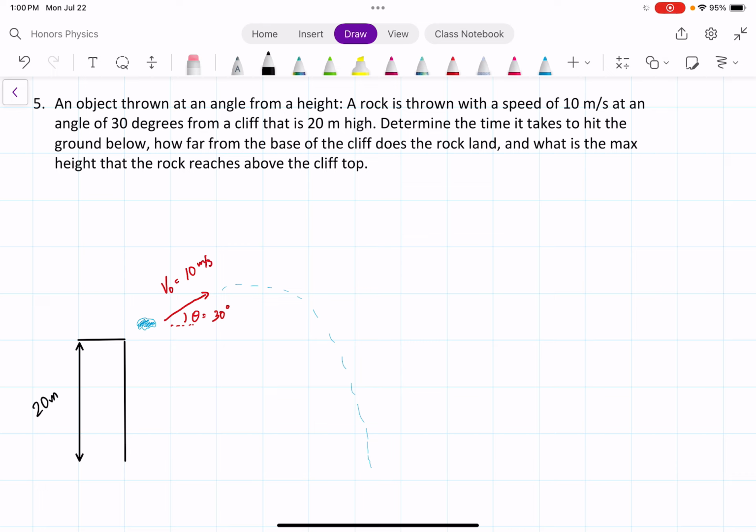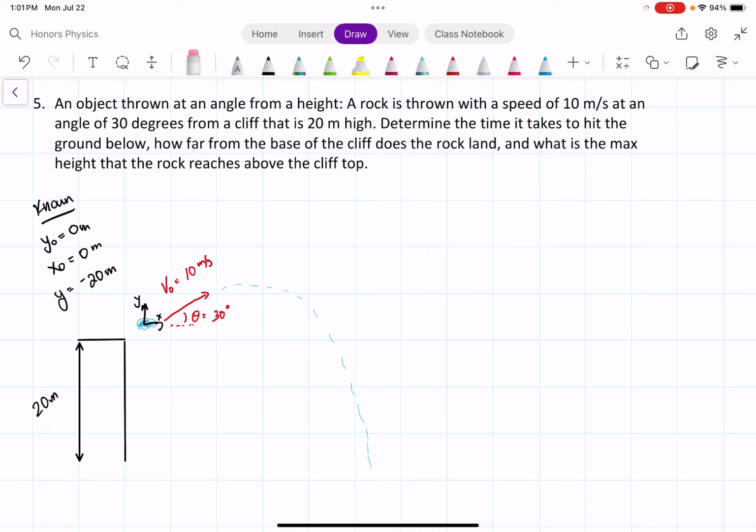So again, we're going to set our reference frame to be at the rock, and then we're going to set what is known and what we're trying to find. So our knowns: our initial y is 0 meters, our initial x is 0 meters, and then our final y is negative 20 meters. Now we're going to have to decompose our vector again,